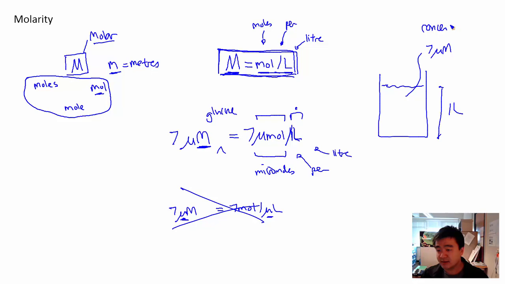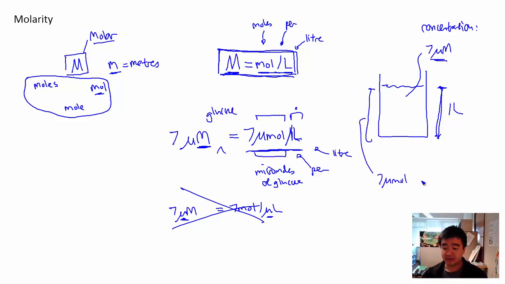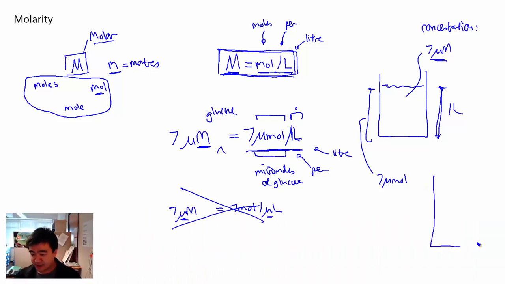This is the concentration. 7 micromolar was expanded out to be 7 micromoles per liter. So 7 micromoles of glucose per liter of the solution. And since there is 1 liter of the solution here, in this 1 liter, there are 7 micromoles of glucose. If I have another solution, and this time I have 2 liters of the solution,